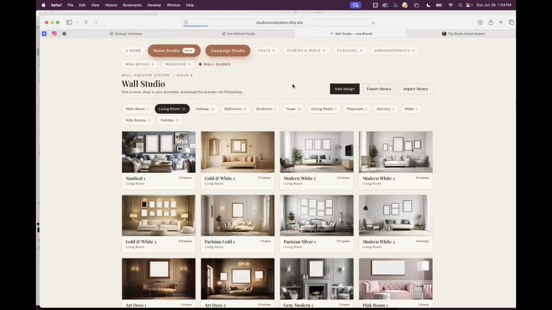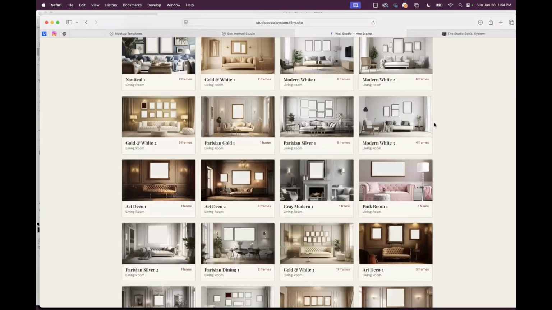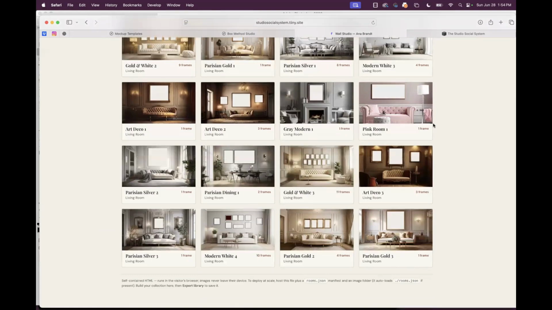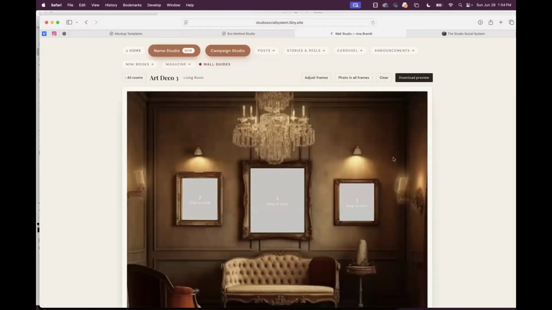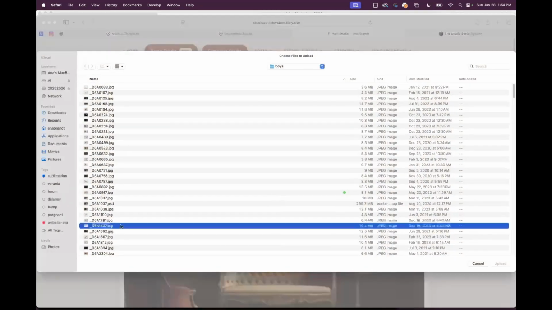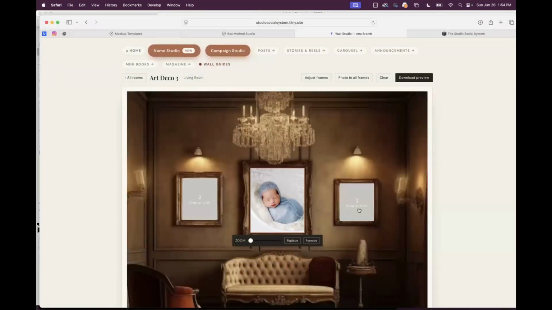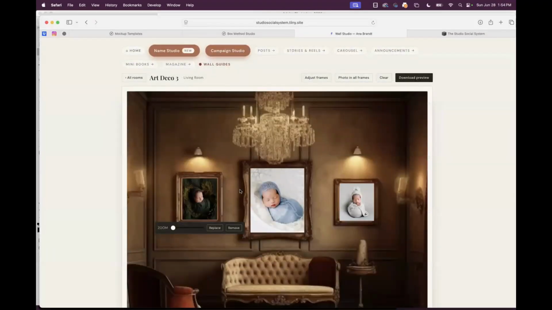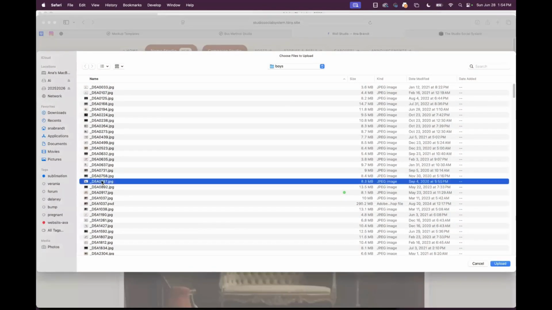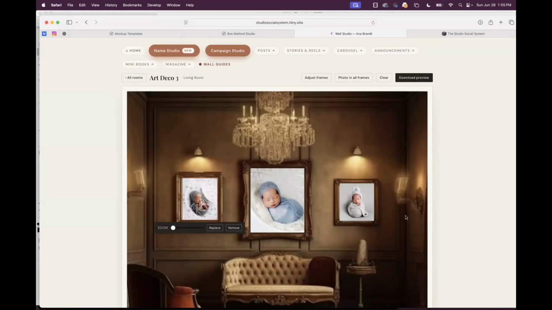My favorite is wall guides. I'm also doing a major update to these as well because I have a ton of wall guides that I still need to enter. These are fantastic for social. Again, all you do is just click, move, drag, whatever, and then print, download them, and they're great for social media. Or if you're doing a client guide, you could download these and just put these in your client guide. Put them in your prep guide, put them on your website, put them on social media. Whenever I don't feel like making a post, I do a wall guide.